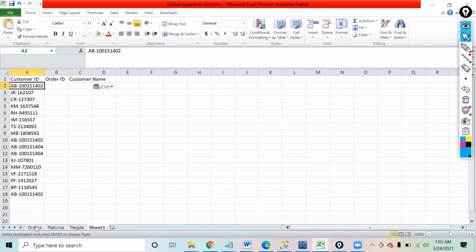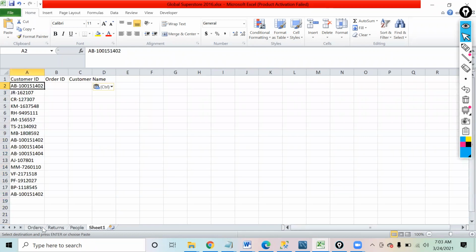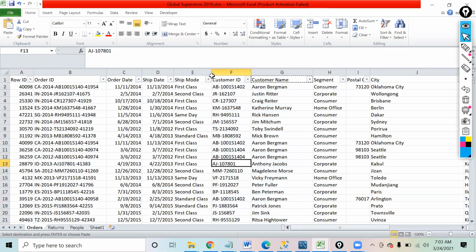So if I go back to the data, this is what I have. I have the customer name, and I want the order ID, which is on the left hand side. So on one side, this is the customer ID that is given to me. I want to fetch the order ID of this and the customer name. One thing is on the left hand side, and one thing is on the right hand side. So how are we going to approach this?